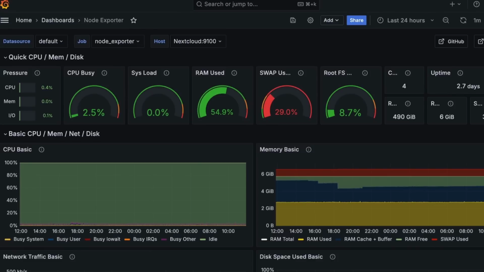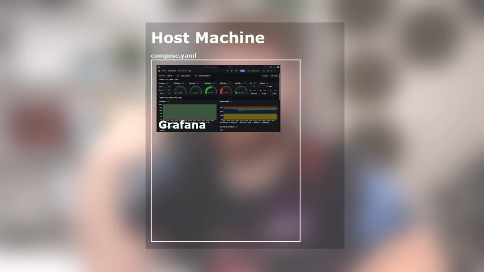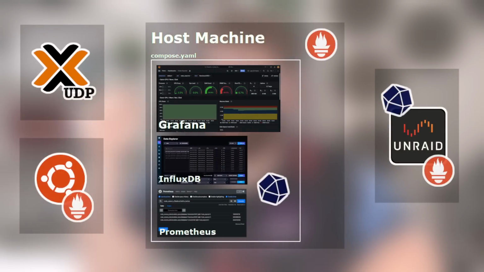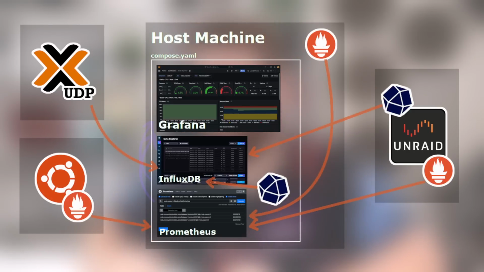There's a lot here on the actual article going into the various applications, what they do and how they all work together. I could talk about this forever, but that's not really the purpose of this. But what I will say is there's basically three main components. Grafana is going to be the tool that actually visualizes the data that are in our databases. The databases we're going to be using are Prometheus and InfluxDB, and then from there we have our exporting tools, whether that be the actual node exporter for Prometheus or Telegraf, which we're going to be using to export data